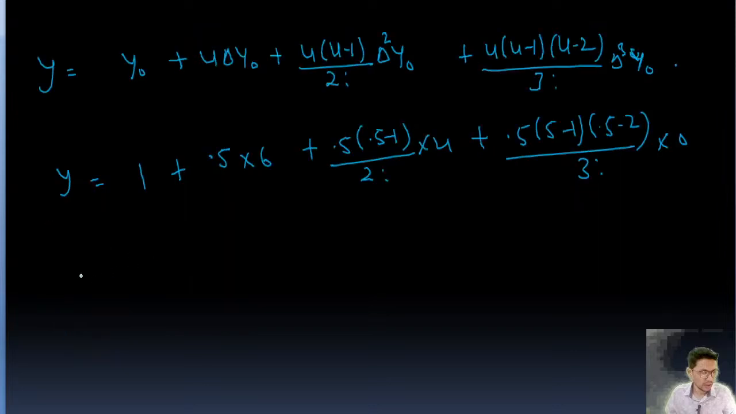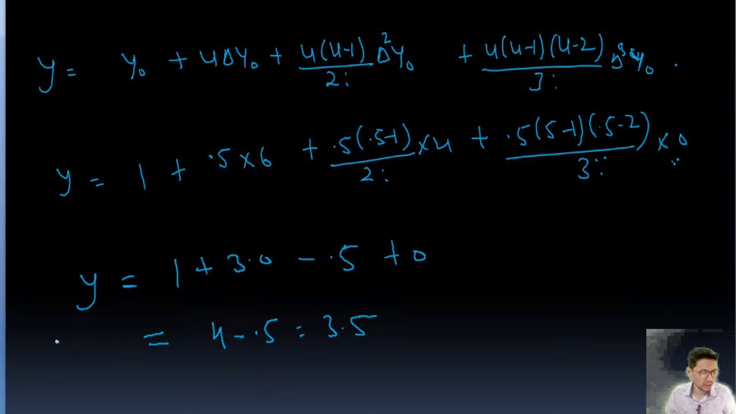So the value of y is going to be 1 plus 3.0, and this value is going to be minus 0.5, plus 0, because we multiply this with 0. So the value of y is 4 minus 0.5, that is 3.5. So this is y, meaning f(1.5), and f(1.5) is 3.5. This is the answer, guys. I hope you have understood it. Next question is